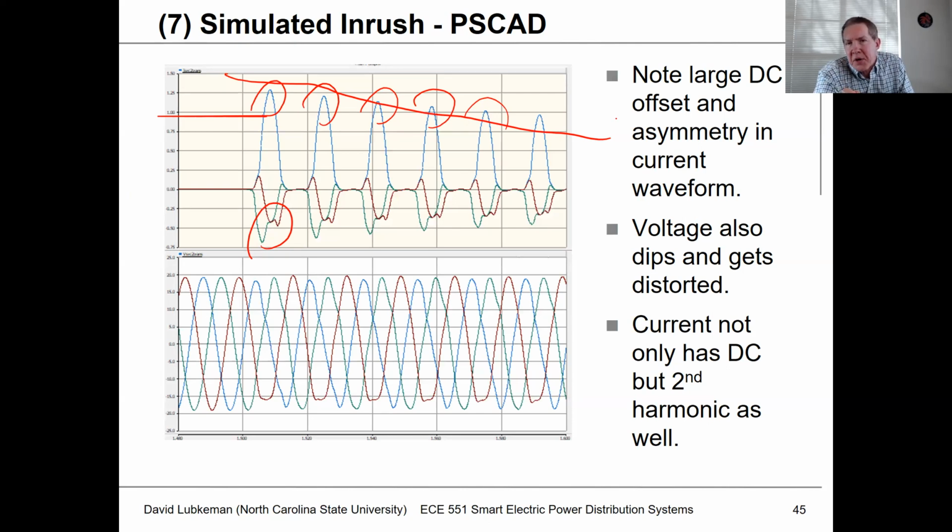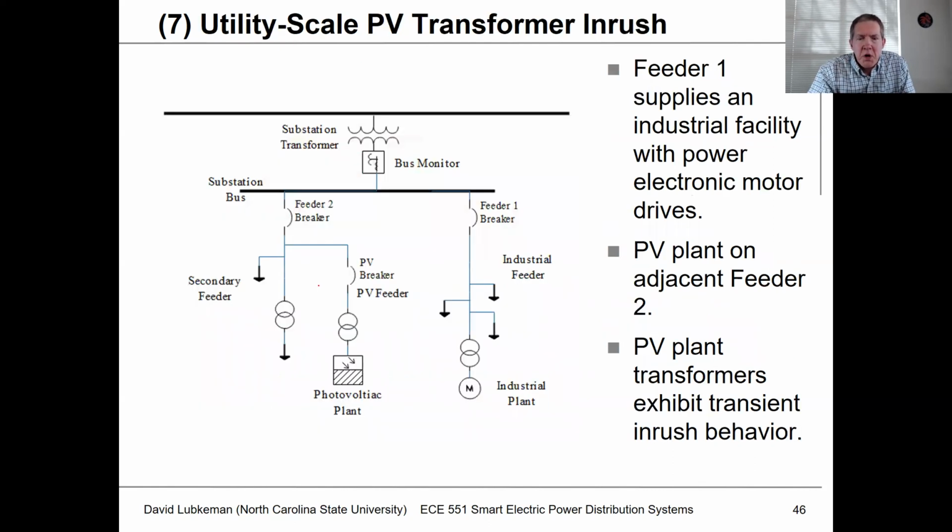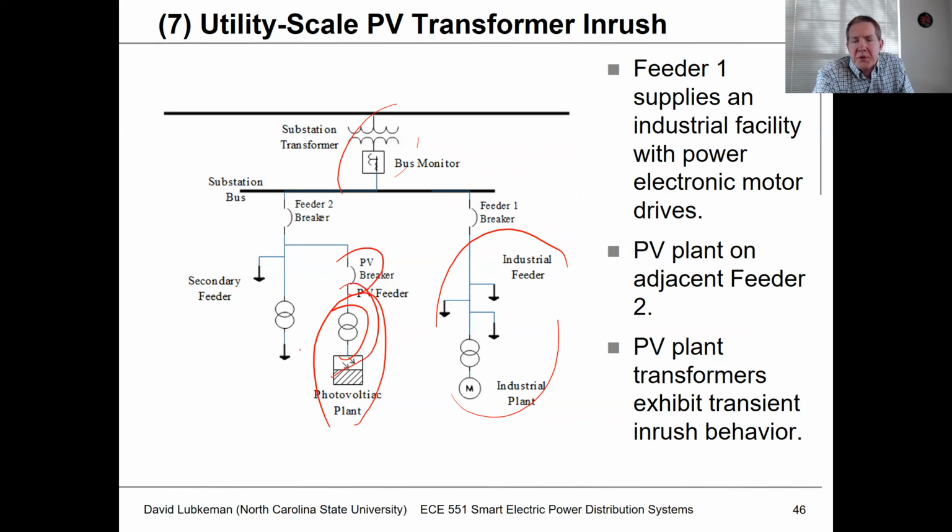When we have this inrush current, it interacts with the system impedance to give us a drop in voltage. Here's a real case. Suppose I have a substation with a regular feeder that has power quality sensitive load on it, and a photovoltaic plant on an adjacent feeder with a lot of transformer associated with it. If I'm closing the breaker in and all this transformer capacity gets connected to the grid, there's a large inrush current going through this path. Because this substation and system has impedance, this large inrush current interacts with the system impedance to give me a large voltage drop at the top of the feeder,